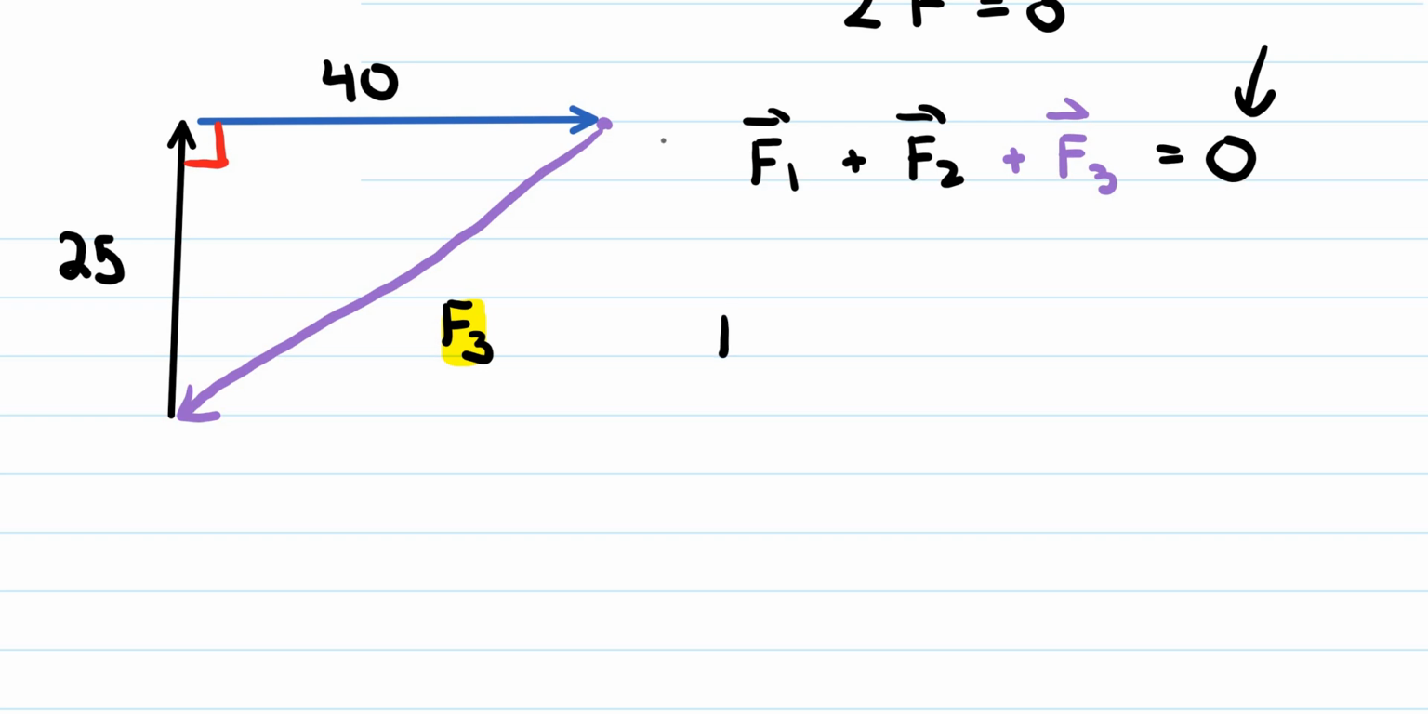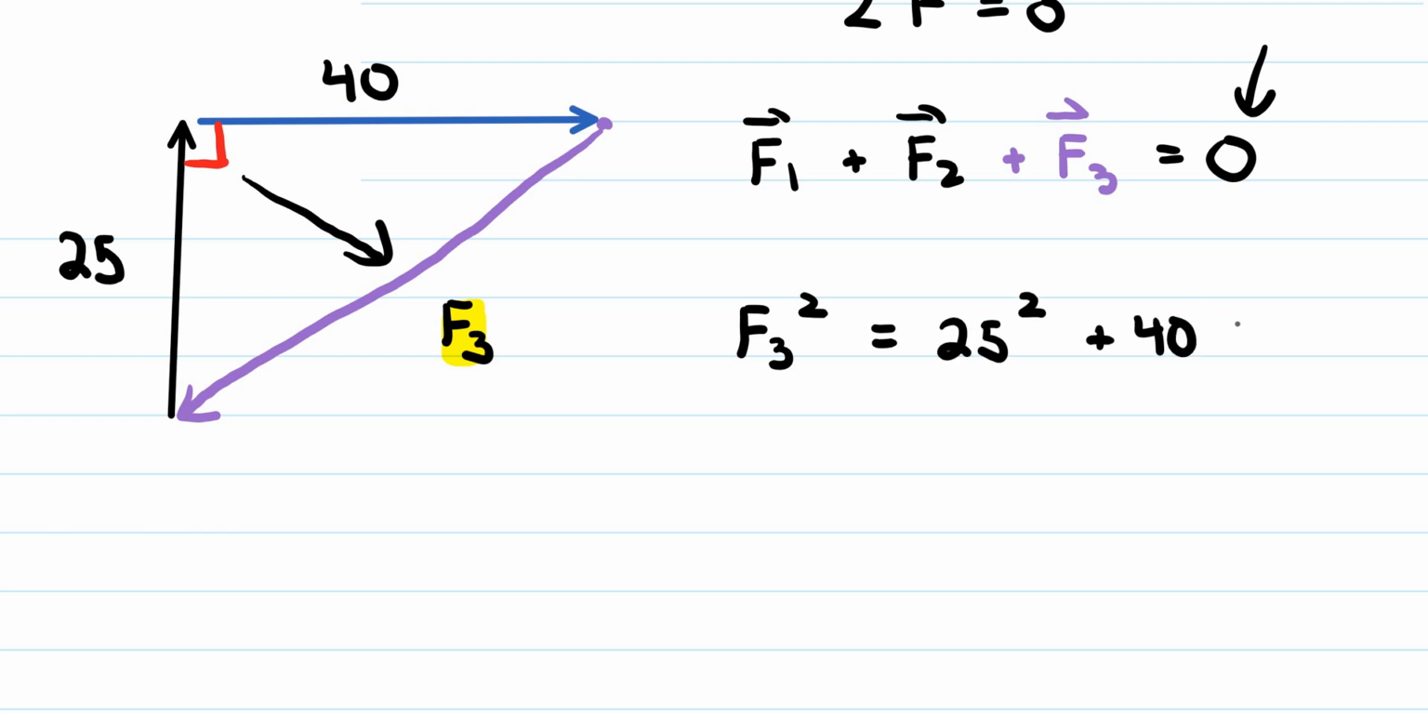Okay, so if I go ahead and use the Pythagorean theorem here, we have our third force, and I'm going to square that because that is the hypotenuse, and then we just add the legs here, so 25 squared plus 40 squared. And if I just go to a calculator here on the right hand side, 25 squared plus 40 squared, that gives me